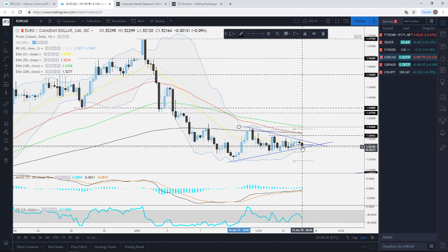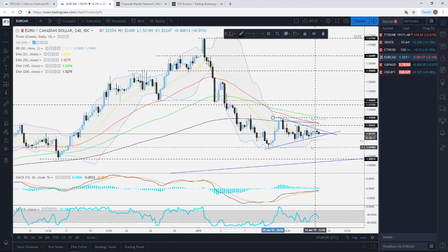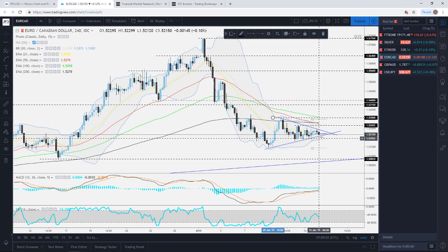But for now, of course, you can see that this 4-hour candle right now is pointing to the downside. It's trying to move below the pivot, which of course kind of raises concerns about the possible upside here. But to be honest, this candle is not finished yet, so it has the same chance to, like I said, reverse back up here. But again, for now, of course, keep a close eye on this lower side of this triangle as well, because